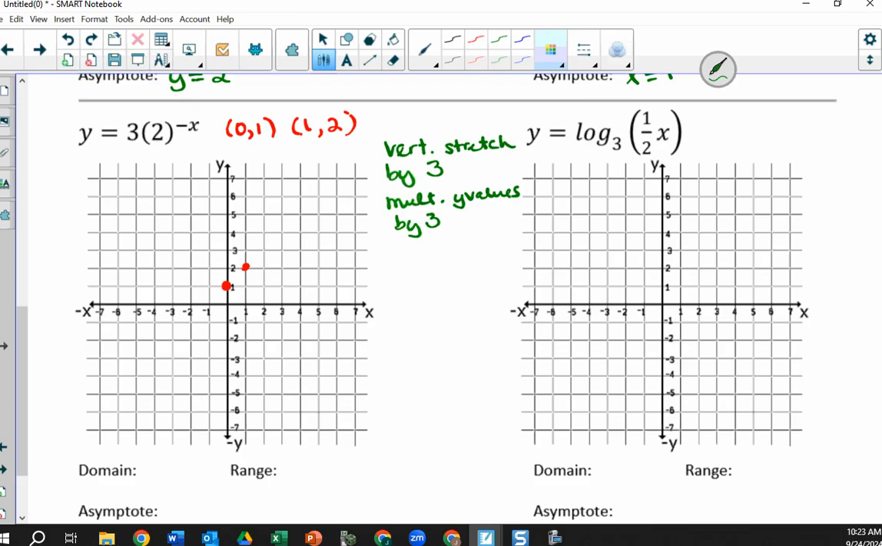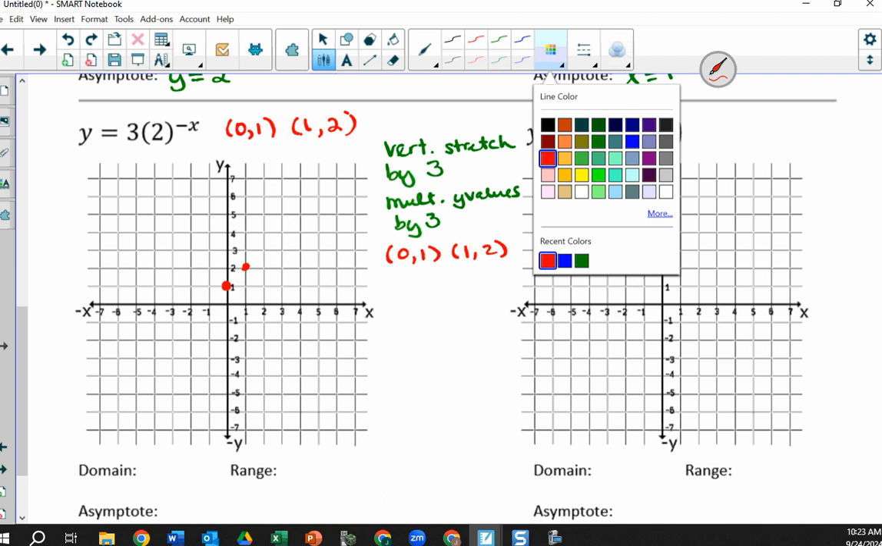When I multiply, guys, I'm going to rewrite the points over here just so it's easier to see. (0, 1), (1, 2). When I multiply the y values by 3, (0, 1) is going to become